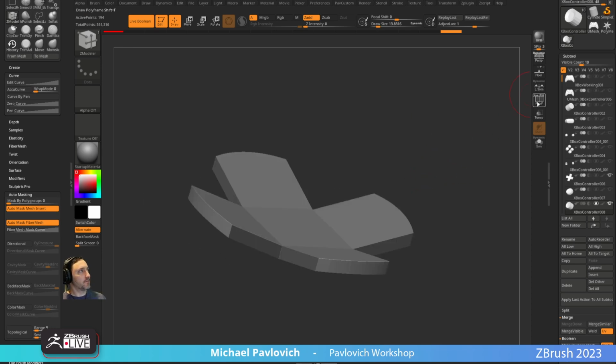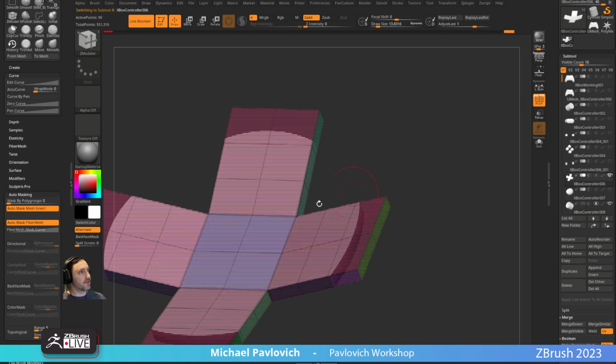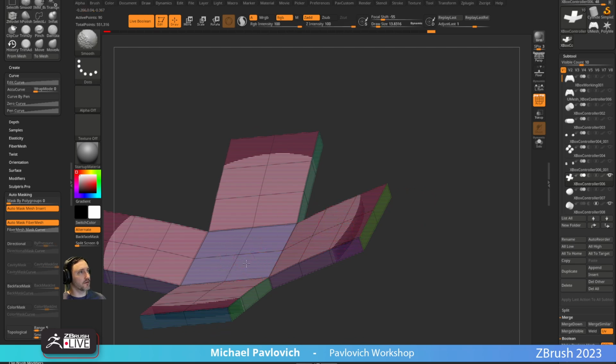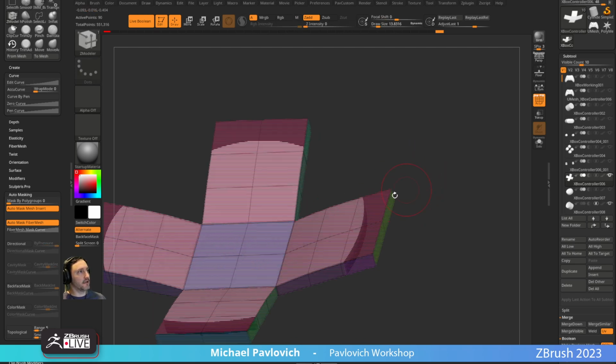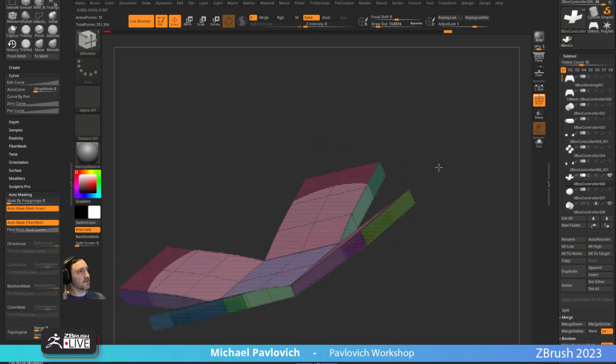I'm actually, let's do this, Shift D, nope, D for this one. Let's go back here to this pad here. I'm going to say extrude polygroup all. I'm going to hold down Shift and just push that down a little bit because it does go from a little more shallow to a little bit more built up. So I do want to build that in here. And in order to do that correctly, we've got to insert single edge. We got to get rid of these here